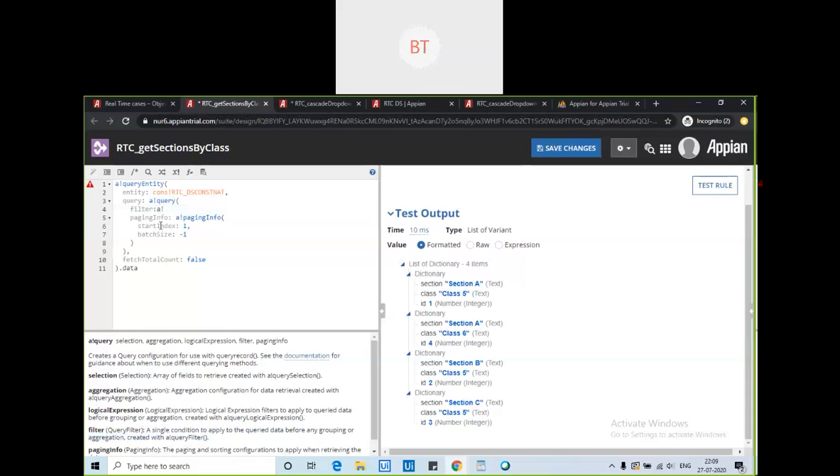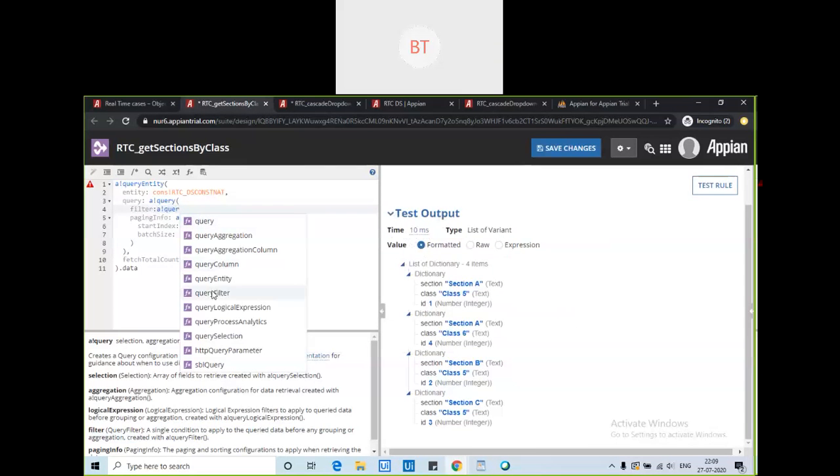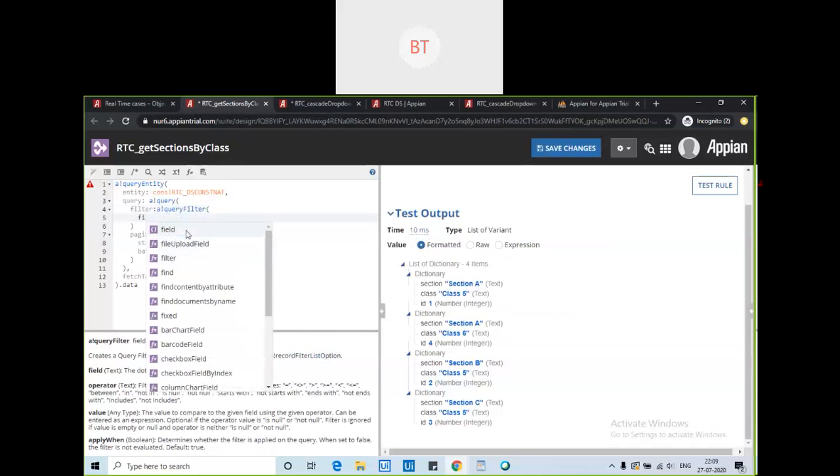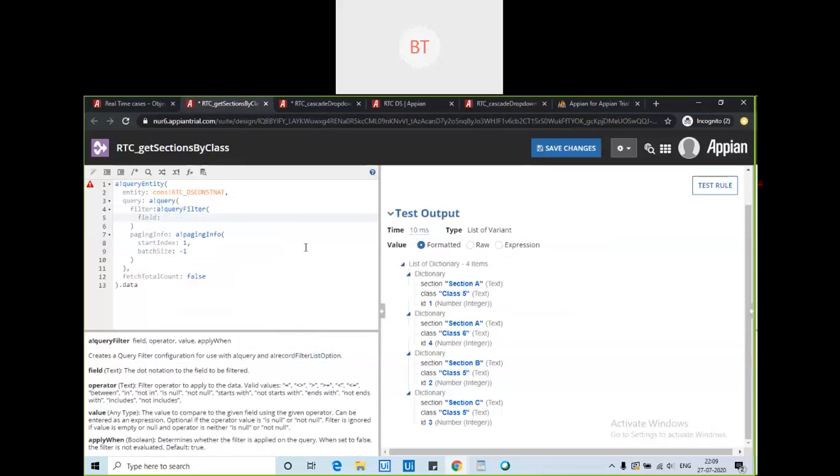So it's a query bank filter. In filter there is field, and here you need to give this class, because this is the thing we need to filter.